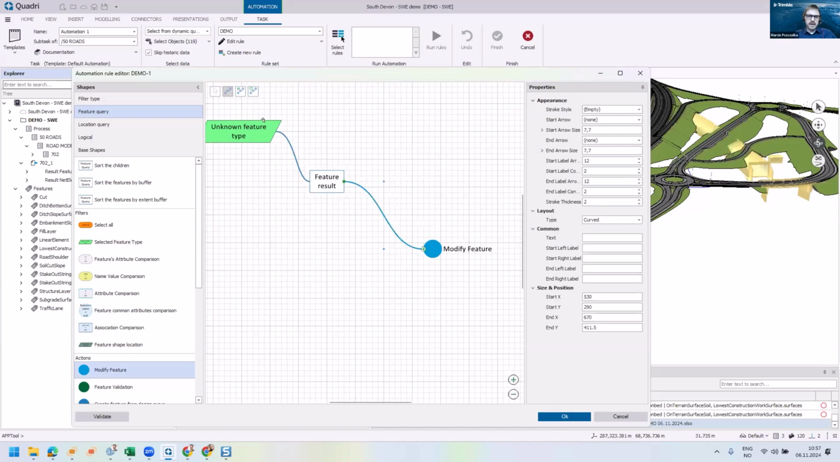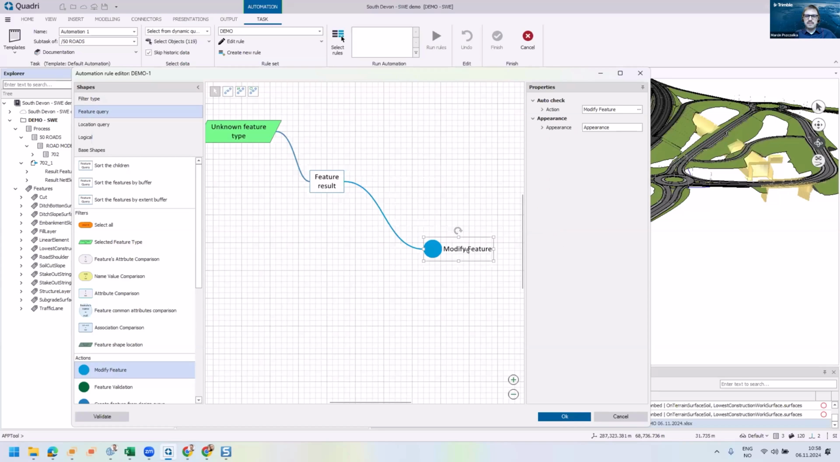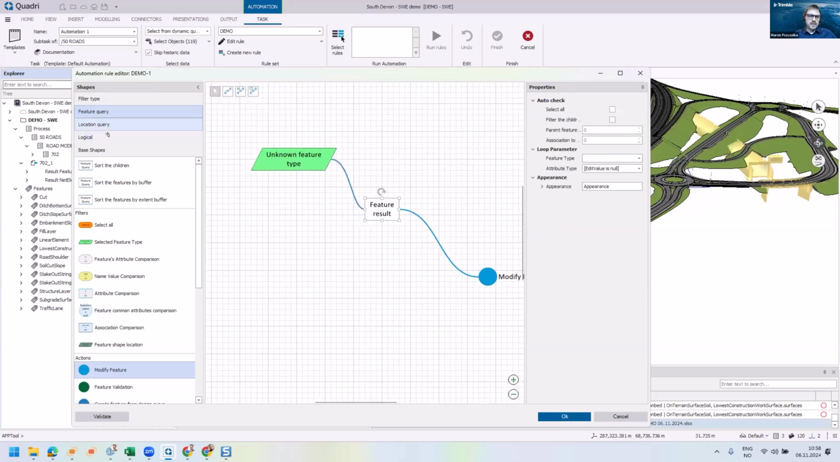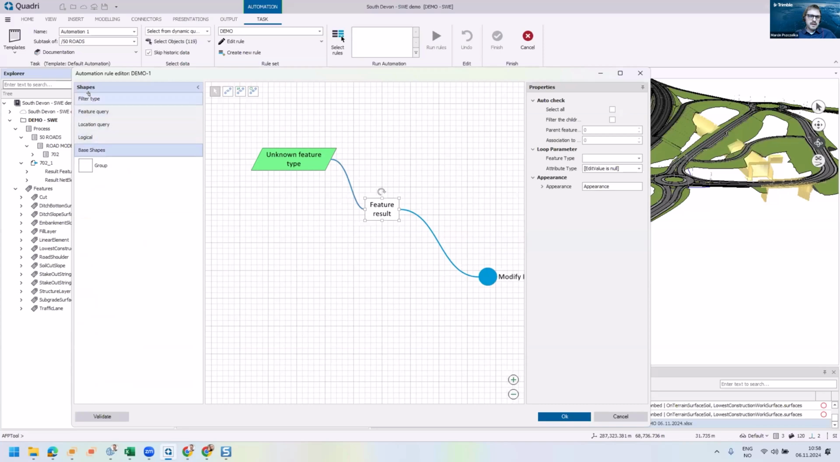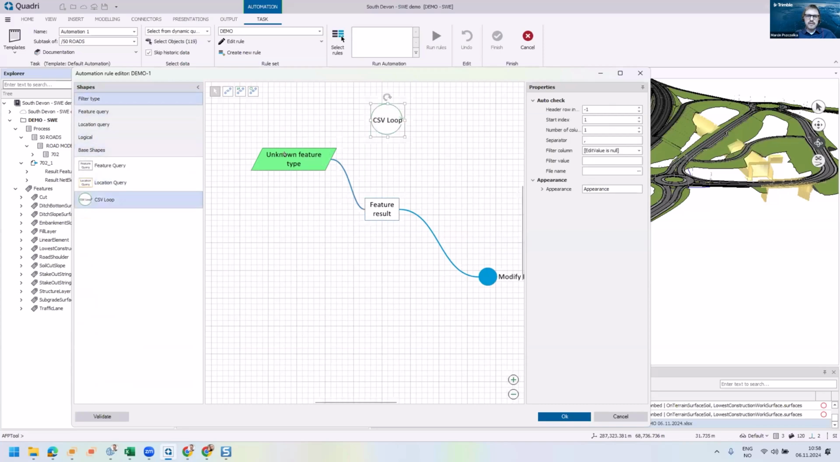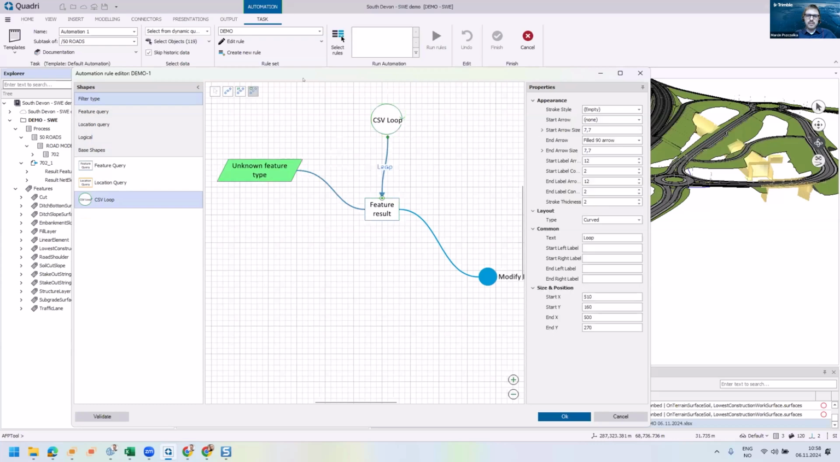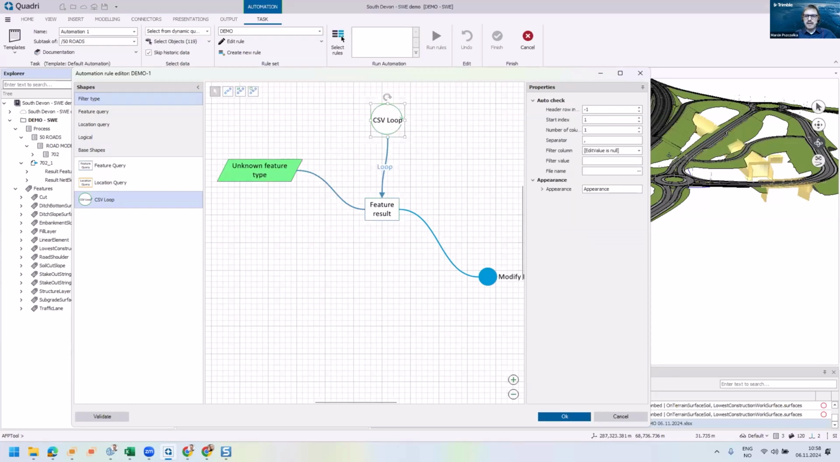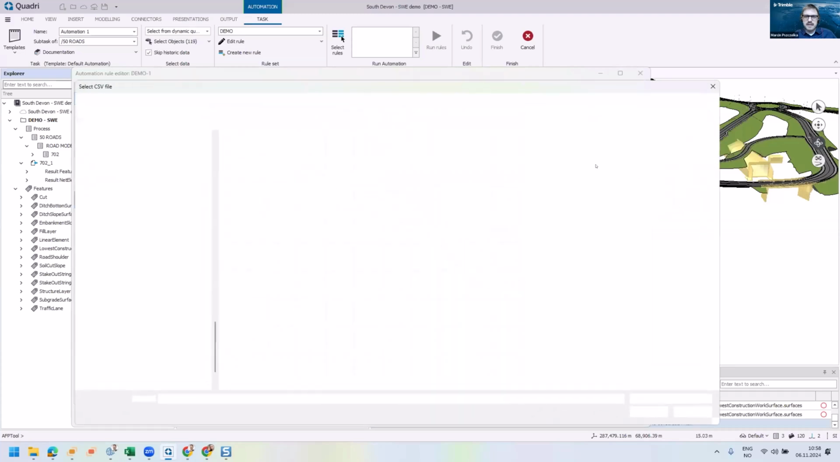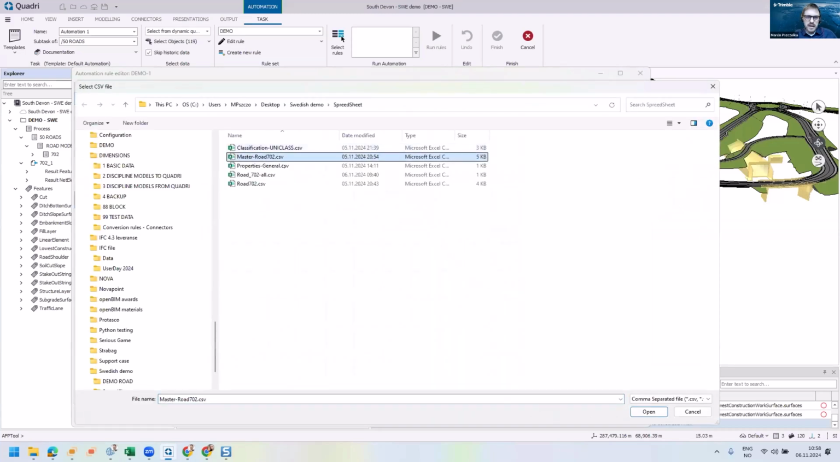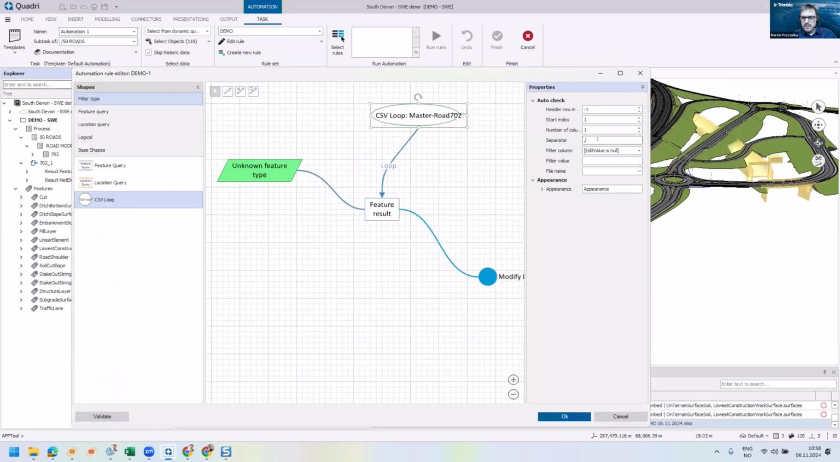Sorry, this was a filter. It's called a filter, and this is the action. And here I also need to say that I want to have my input based on CSV loop. So inside that I have to select my CSV loop, and I call this master road. So I just open it, and also I have to change the